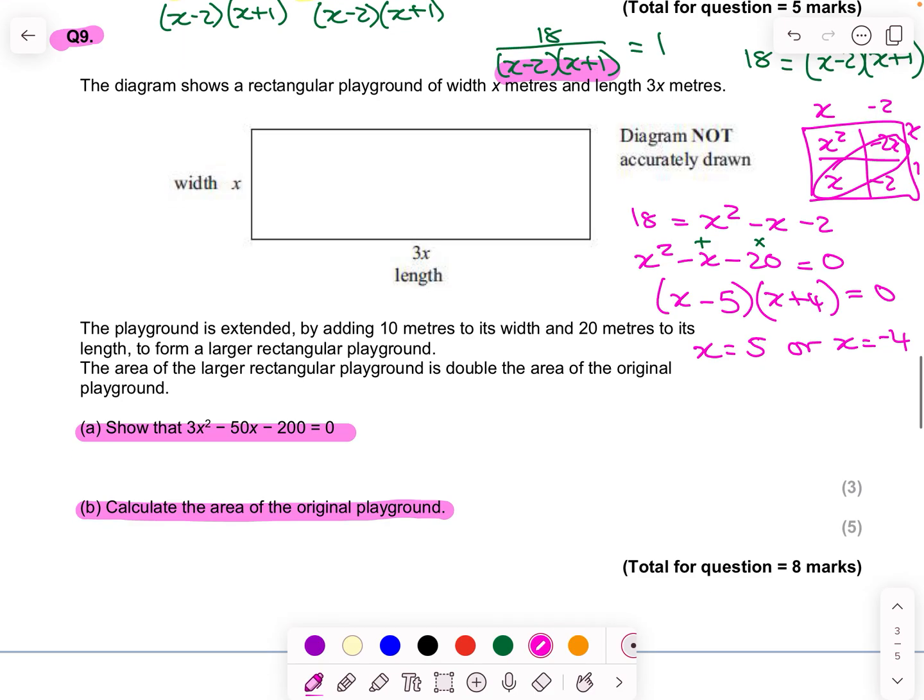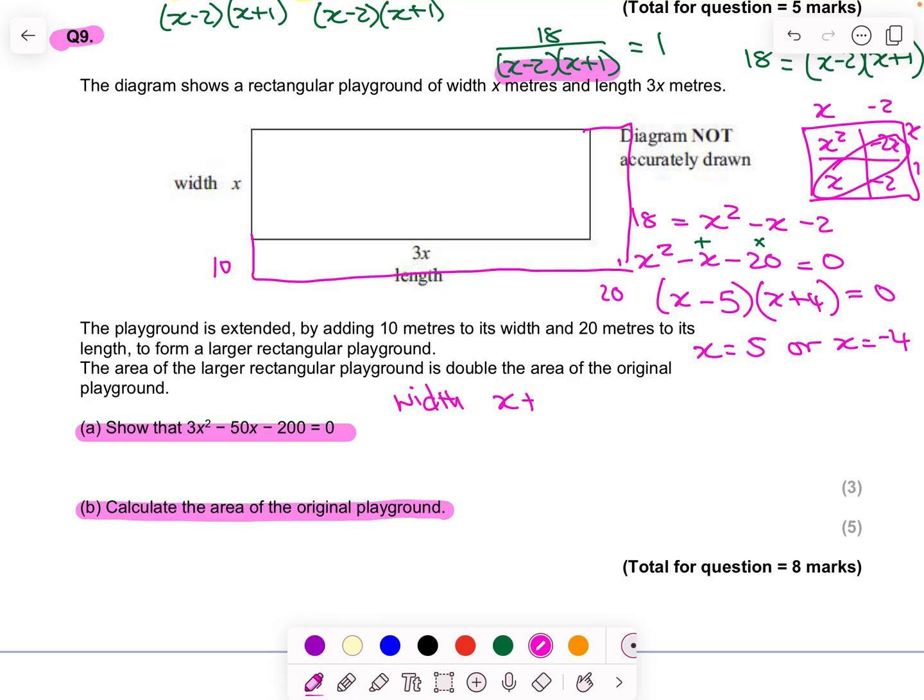Okay, here a lot of you struggled with this. It says that the playground is extended by adding 10 meters to its width. And so here we are adding 10 more meters onto the width and 20 meters to its length. Okay, so now that carries on a bit more, so 20 more here. Okay, so what we have now is we have a width